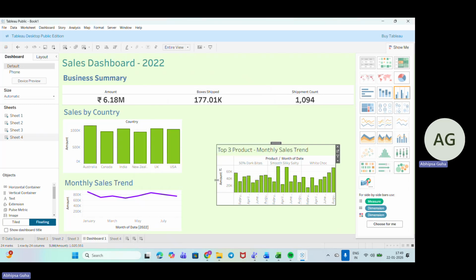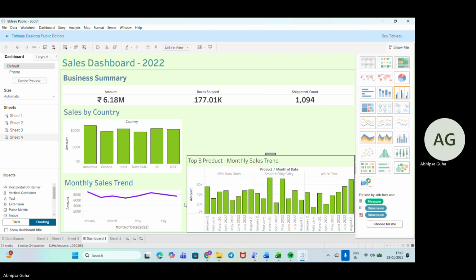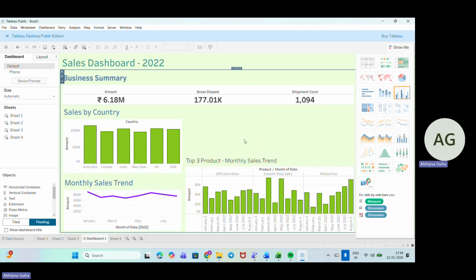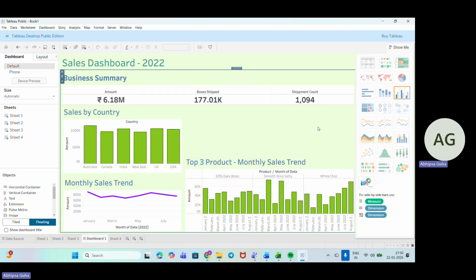Okay, so we'll add that, and also we need to just take the space like that so that things are automatically taken. We also need to take it to the formatting. Yeah, so this is how it looks.